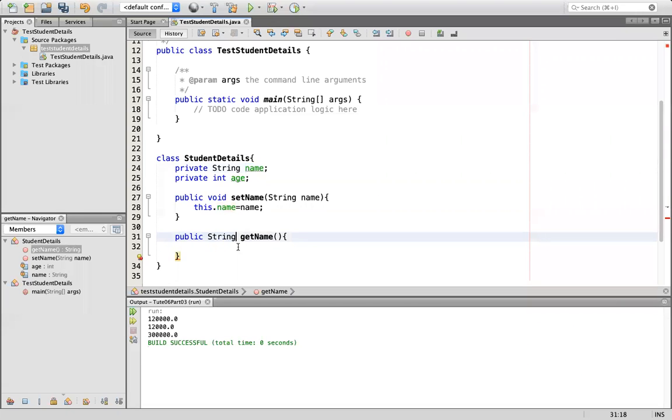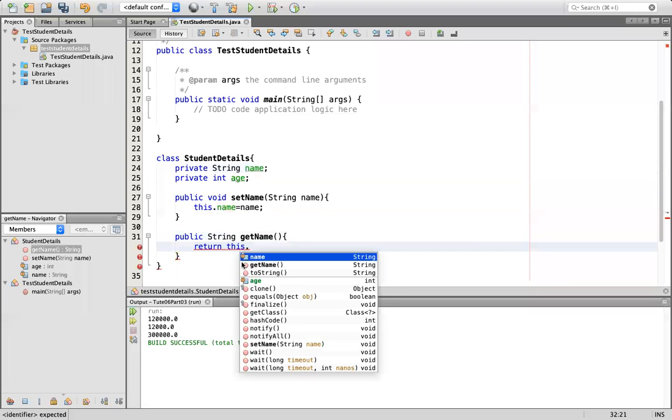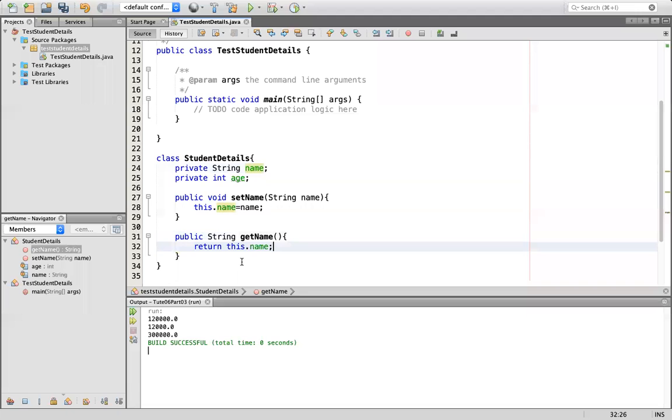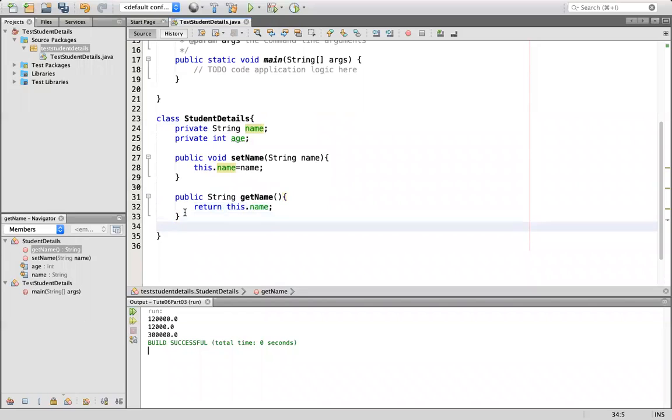String get name. So what you can do is, whatever this name you may return, this dot name. Anyone has problem? So likewise, set the